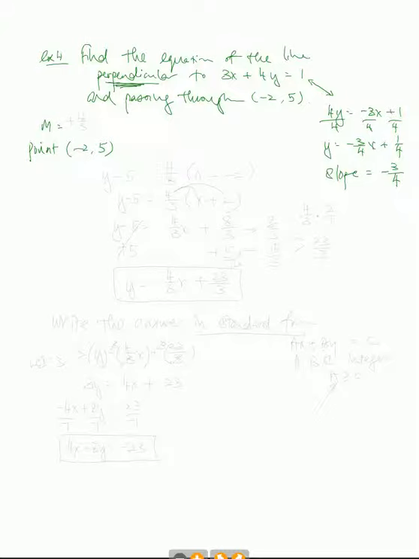And being perpendicular means they must have opposite reciprocal slopes. Meaning, if this was 3 over 4, his slope is going to be 4 over 3. And if this slope is a minus, this will be a plus. So you notice that when you multiply the two slopes, the product becomes negative 1, which is what is needed for perpendicular. Now that we have the slope and the point, we can go ahead and find the equation of the